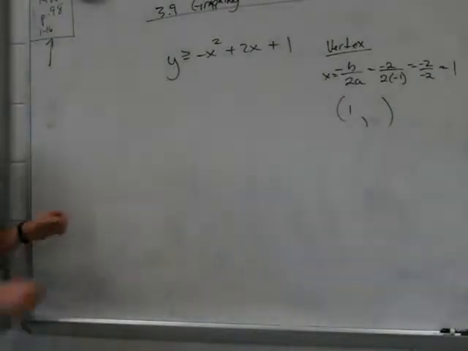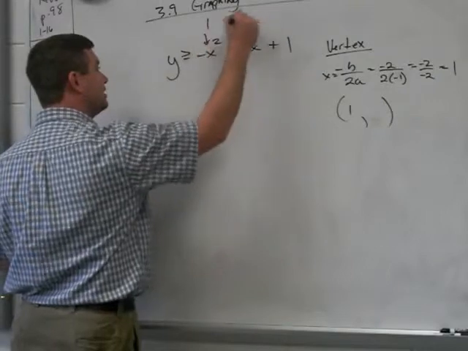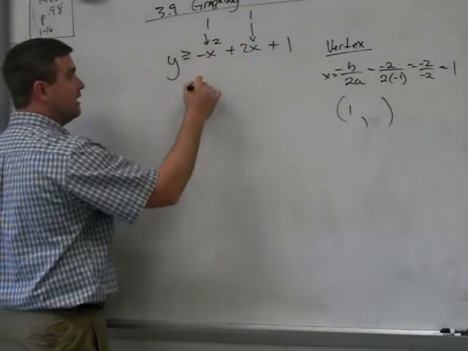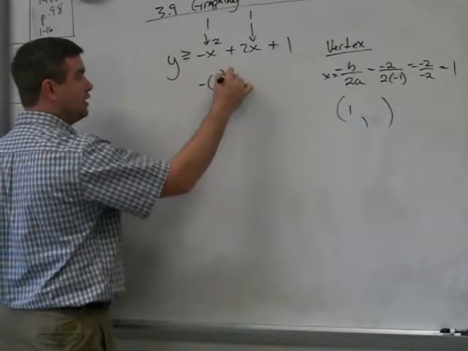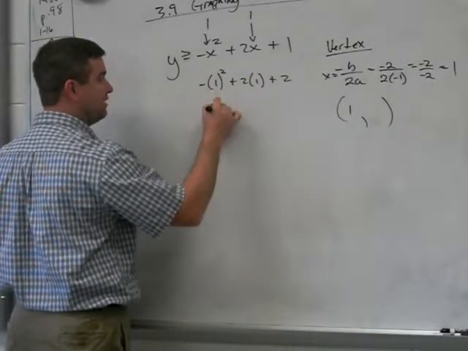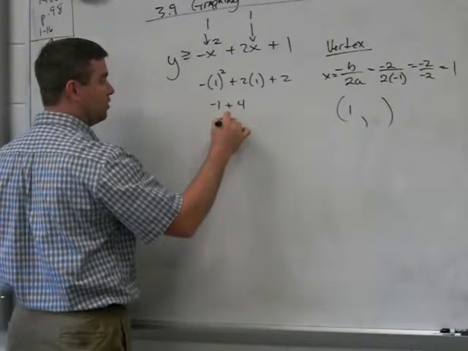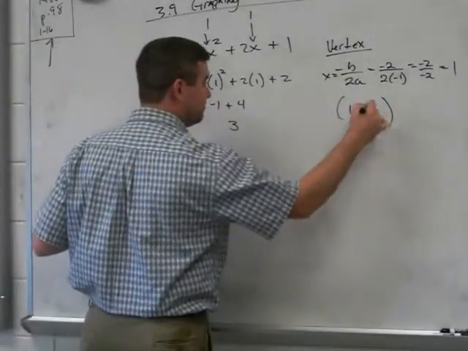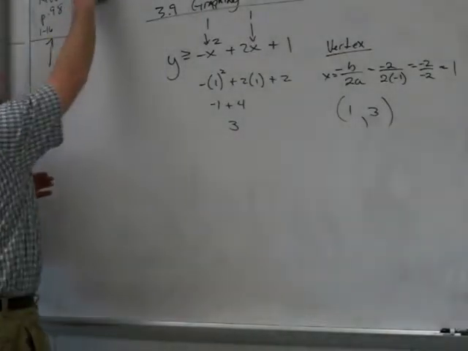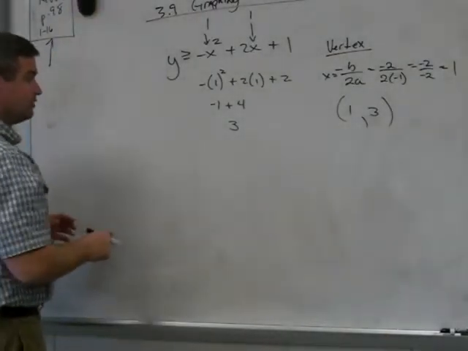Plug it in. So I take 1, and I plug it in right there. So this is negative 1 squared plus 2 times 1 plus 2. That's going to be negative 1 plus 4, or 3. So my vertex is at 1, 3. All I did was plug that in. You could do it on your calculator. You could type it in, I guess, on those new fancy calculators,